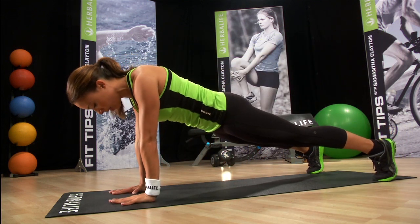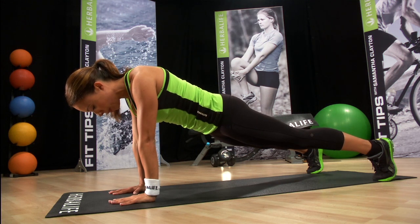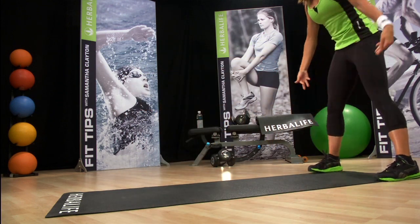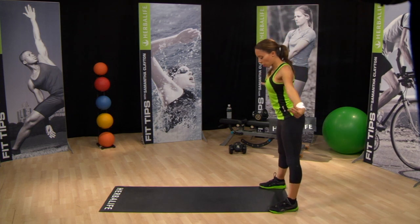Walk it out. Hold for a second. Take a big deep breath in. Breathe out and walk it back up again. Now this next time we go down, we're going to really open up the hip flexors. So we're going to, again, hinge back,